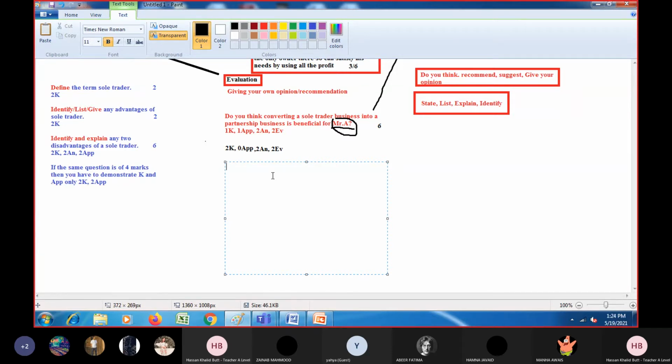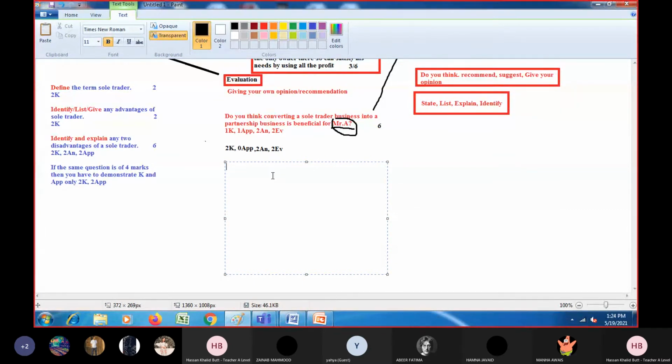So if you consume a lot of space by giving a starter, and you know that there are no marks for a starter, what is the point of consuming that space? So straight away come to the point. And students normally have difficulty in starting a question. Sir, how to start then? So you can go straight into the answer without having a starter. Now, I'm going to tell you how to do it. I do have model answers as well of some of the questions. I will show it to you one by one or gradually as we move along. Right now, just focus on this.